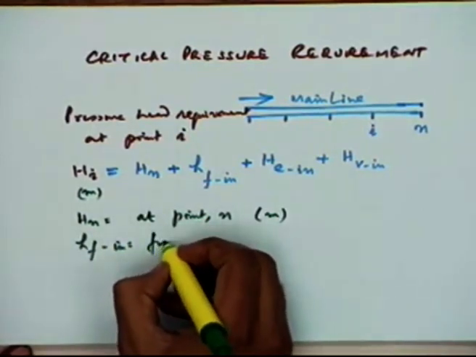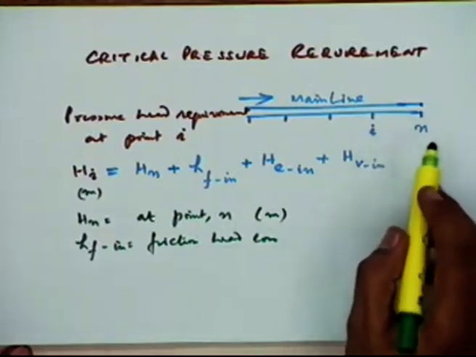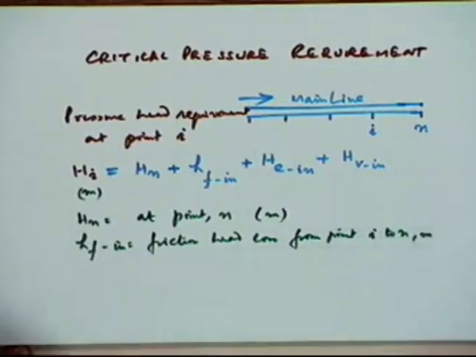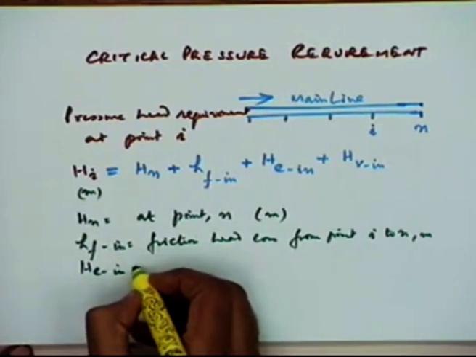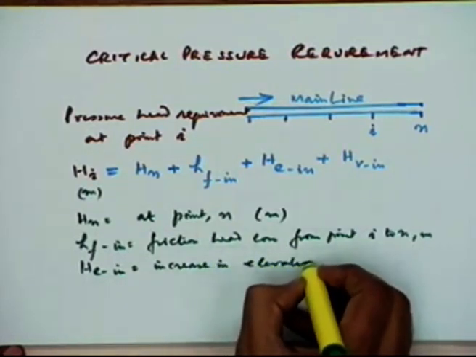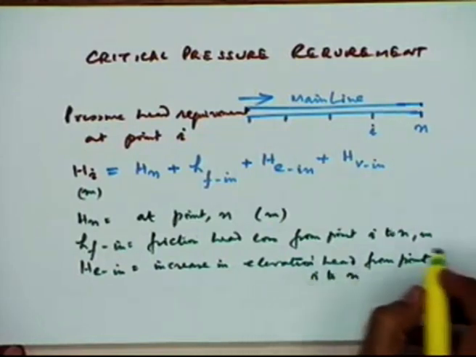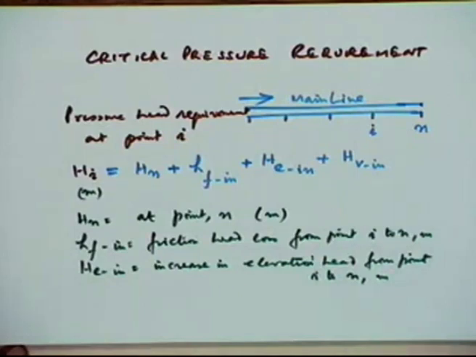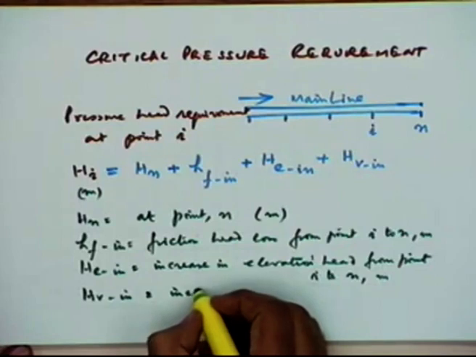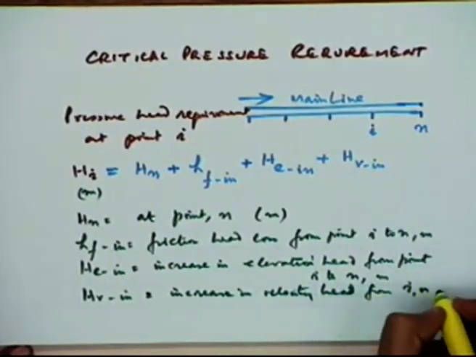Hf In is the friction head loss. There will be some friction head loss between this section from I to N, expressed in meters, and He In is also the increase in elevation head from point I to N in meters. Similarly, the Hv In also is the increase in velocity head from I to point N,